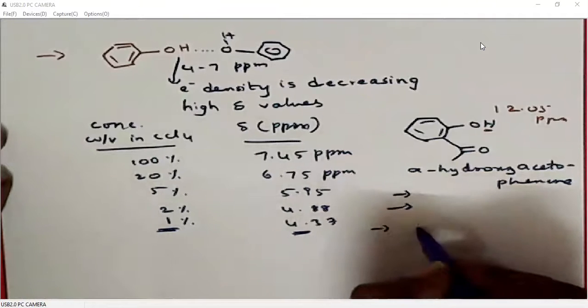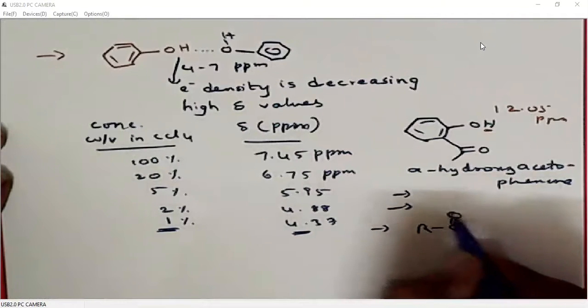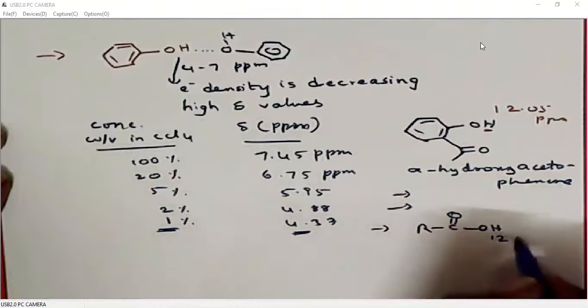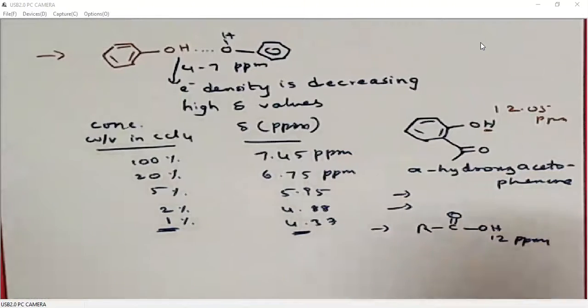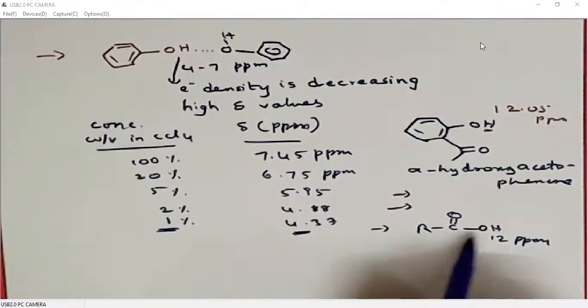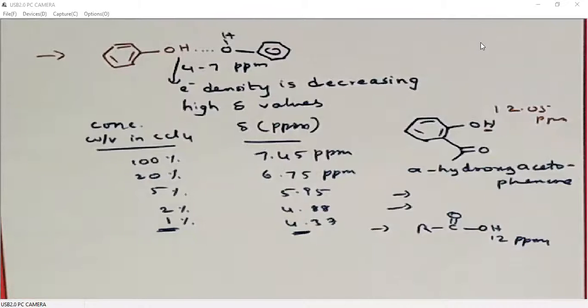Similarly, when we look at a carboxylic acid, the protons will also appear at a large delta value. Why? One thing is it involves hydrogen bonding. When we say it is a carboxylic acid, it will have very great hydrogen bonding. Apart from other factors, like it is attached to an oxygen and this oxygen is present on a carbonyl, because of the hydrogen bonding it will also have a very high delta value.